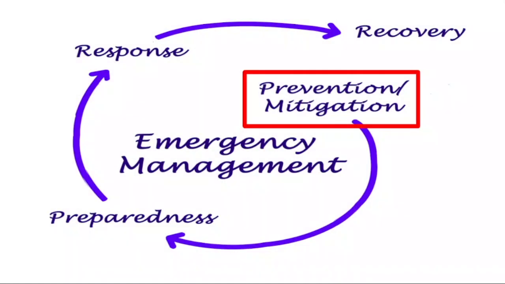The safety process begins with prevention and mitigation, the ability to reduce the severity of an emergency event should a crisis arise. How we respond to that crisis, how we respond to and recover after the event, bringing us back to what we call our normal daily lives.